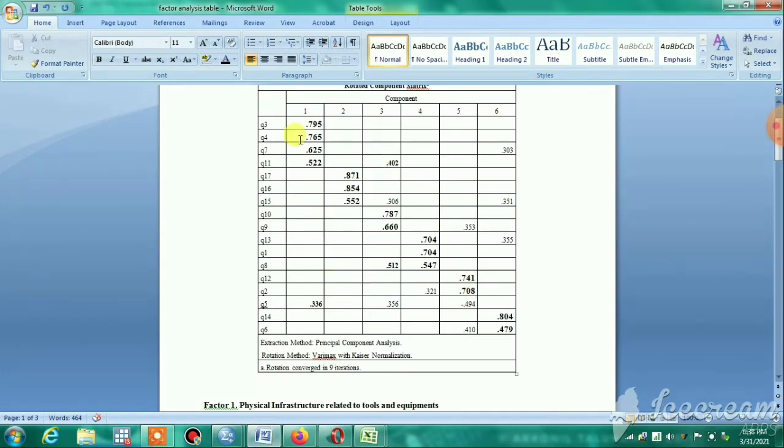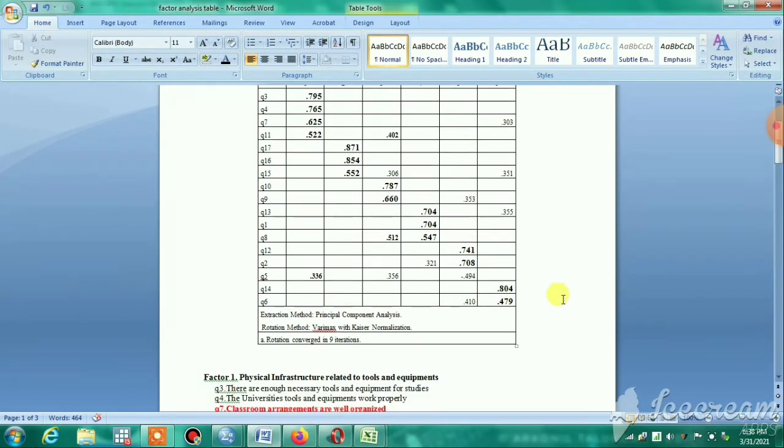All the factors, factor 1 to 6, are here, and these are the variables or questions. On this basis, it is clear that questions 3, 4, 7, 11 and 5 come under factor 1. Similarly, 17, 16, 15 come under the second factor, third factor, fourth, fifth and sixth factors.